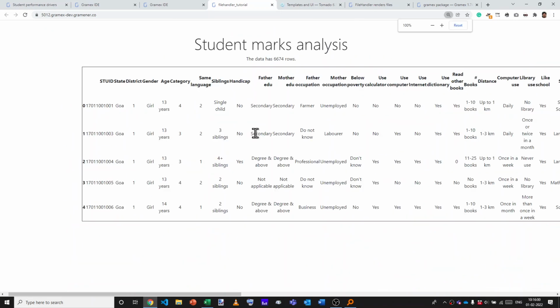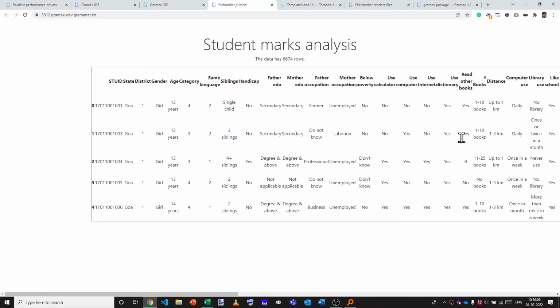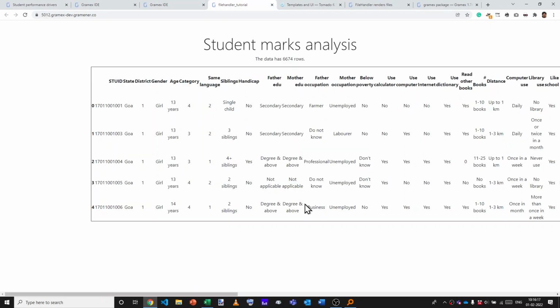Well, yes, kind of. It has a table. It looks ugly, but it has all of the data. So if I just wanted to do a quick preview to see if things are working and what's happening, then this is a good way of doing it. So what we've done now is rendered the data, but I don't really want all of this data.